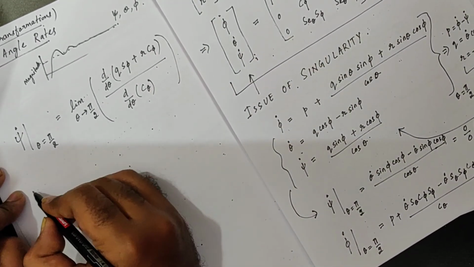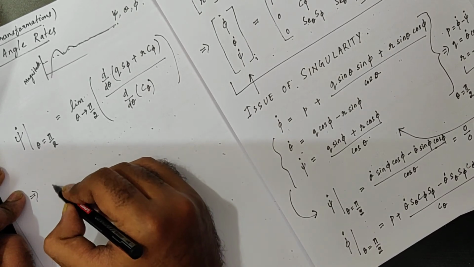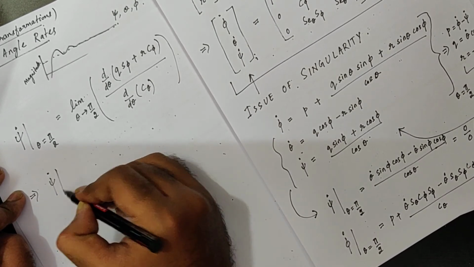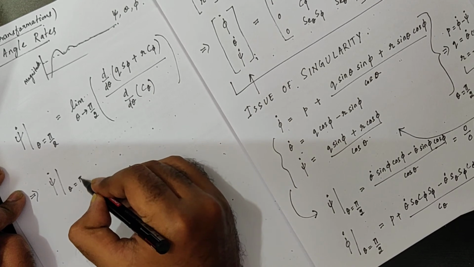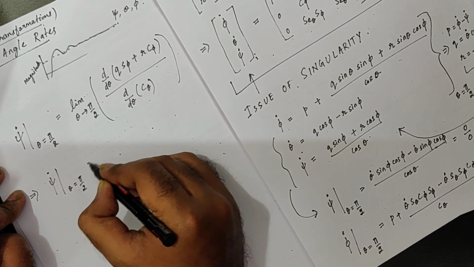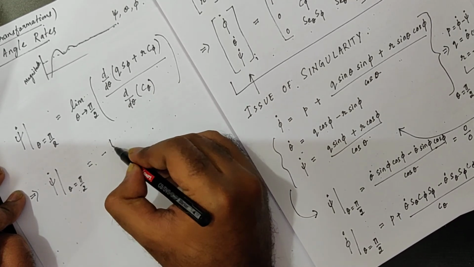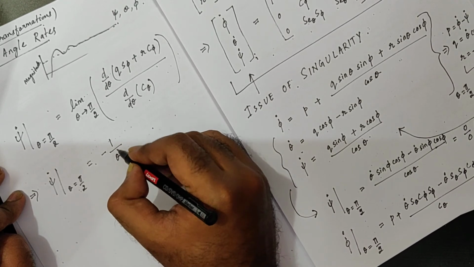After computing this, what we should get at theta equals pi by 2 is 1 by theta dot